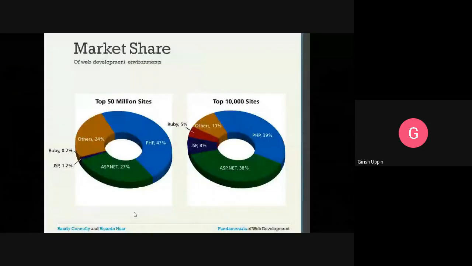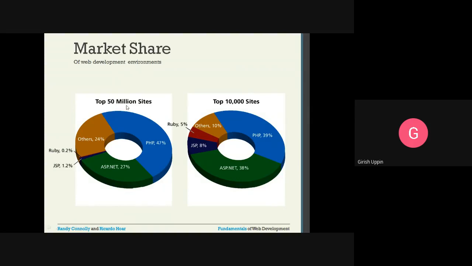All right. So this gives a good picture of which technology you should be looking at for learning the technologies involved in web application development. These are the top 50 million sites. 50 million is a huge number.